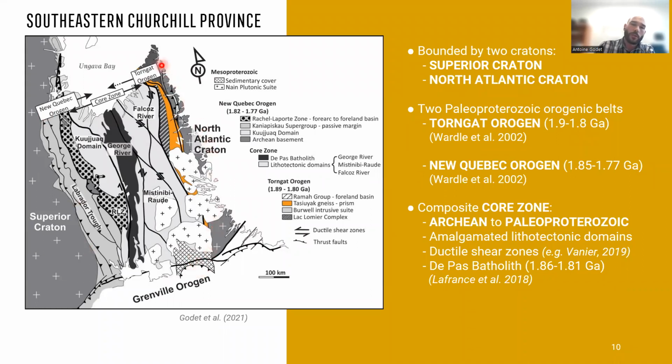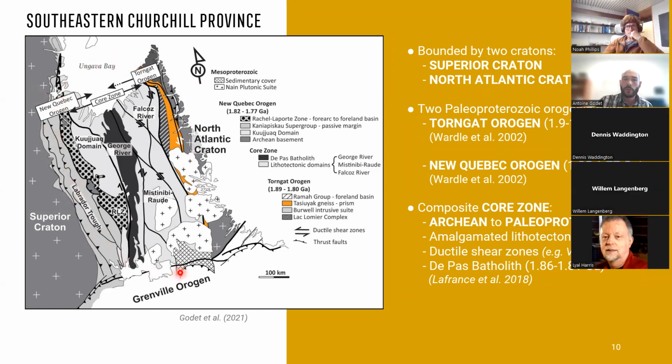The first one is the Tasiuyak orogen, which basically issued from the collision between a couple of blocks here and the North Atlantic Craton. On the west, we have the New Quebec orogen with the famous Labrador Trough, which is the passive margin on the Superior Craton here. And in the middle of that, we have what we call the core zone, which is